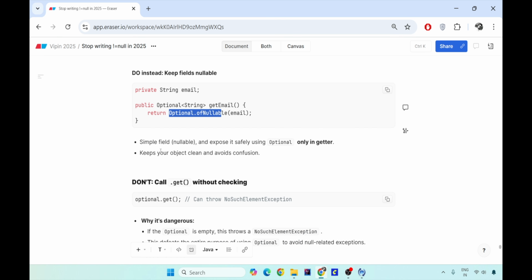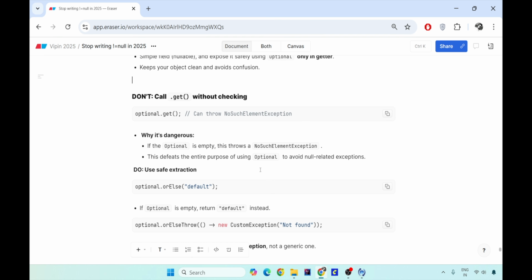The third big no is to do Optional.get. 90% of the people do it with Optional because this is the best way to fetch the object out of this Optional. But they don't think of putting ifPresent or isPresent kind of methods before calling the get. Why is it dangerous? Because if the Optional is empty, the get will throw a NoSuchElementException.